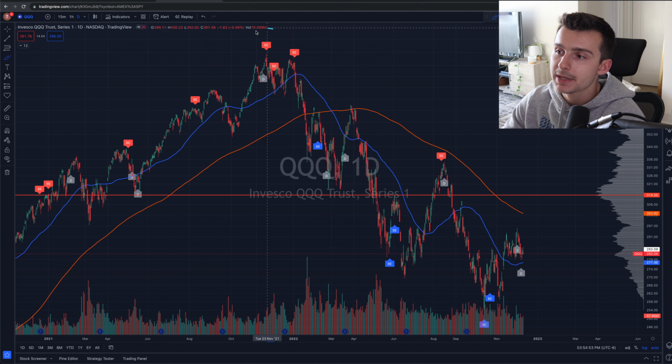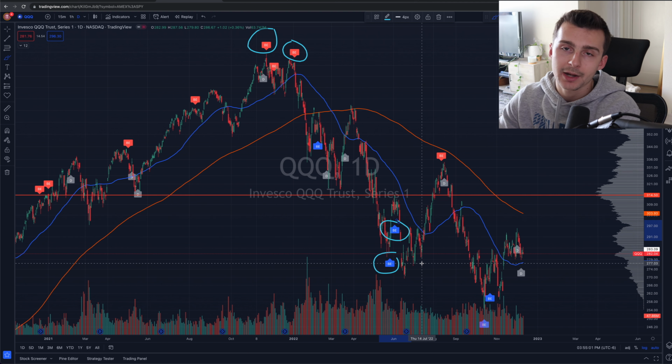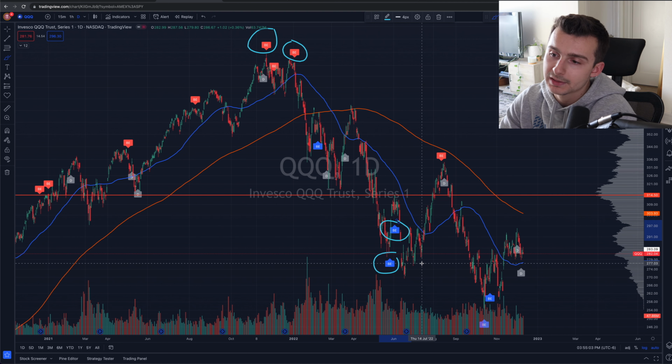Now, we have the BEs right here in red. These are the bearish engulfings. We have the BEs in blue. Those are the bullish engulfings. Now, not that we have to necessarily trade off of a bearish or bullish engulfing that we see one time,